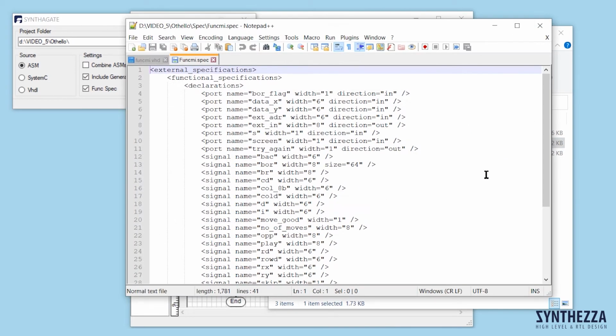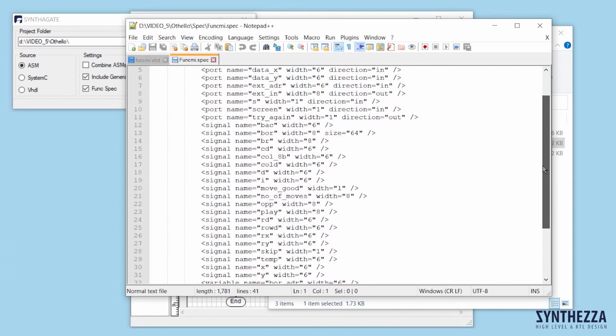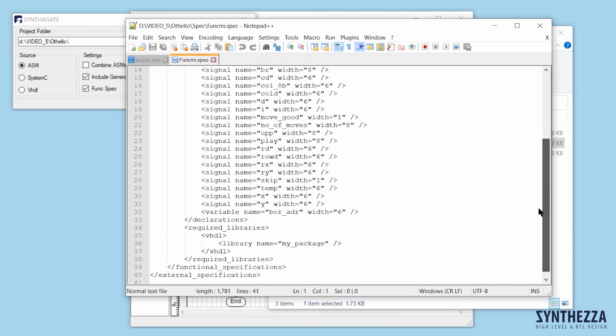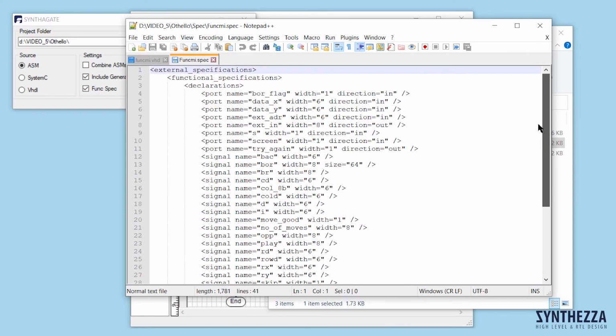This file contains specifications of 8 ports, 20 signals, and 1 variable. And Syntagate required only one input field. The result of high-level synthesis is presented in folder HLS.